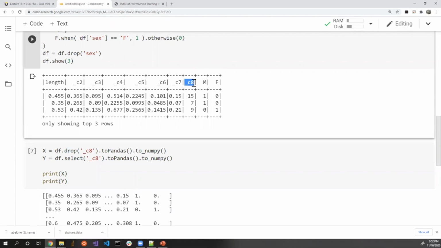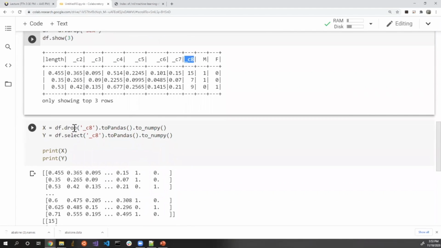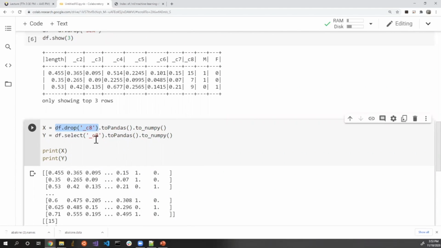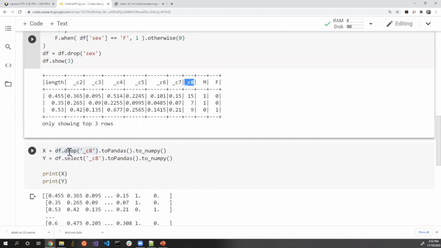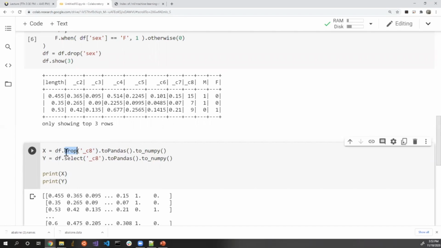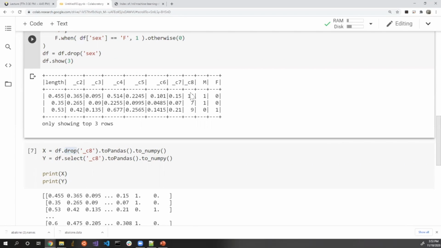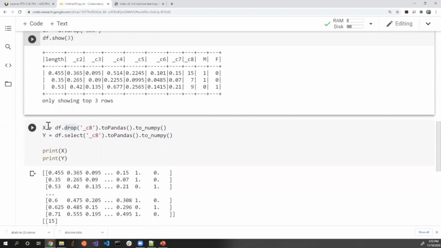So C8 is the age that we're going to predict. And then all the other columns are the features that we're going to be using to predict the age, right? So basically what's happening over here is we're splitting the features from the response variable. So df.drop is going to create a new data frame without the C8 column. That's what drop means. We're dropping that column. So all the other columns except C8 are going to be used to create this variable